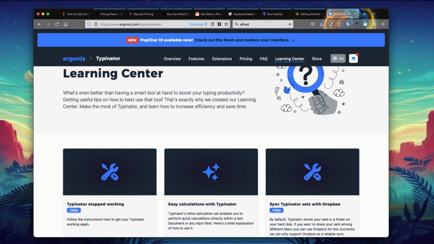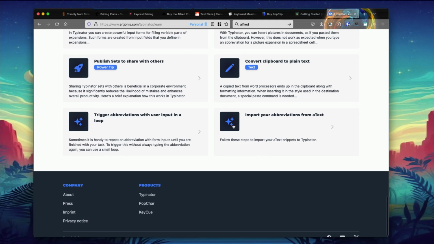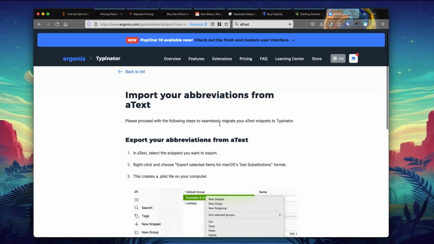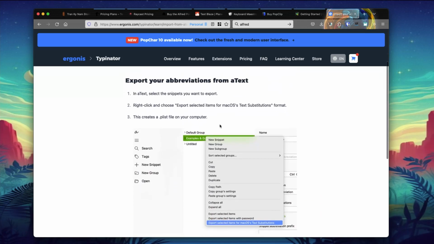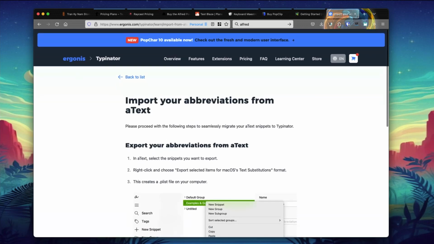It was such a nice gesture, and I have noticed that if you look on the Learning Center section, they mentioned it to me, they've added how to import your abbreviations from aText, following the documentation that I sent them. As you can see here, this is basically all the steps that I showed you, so you can try them out. There's no reason why you can't go from aText to Typinator in a very quick manner